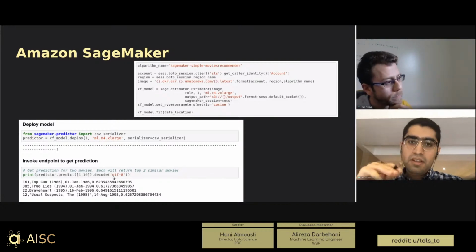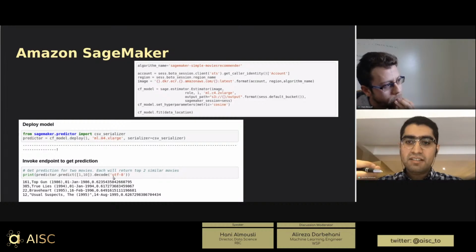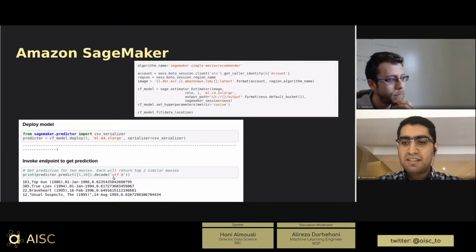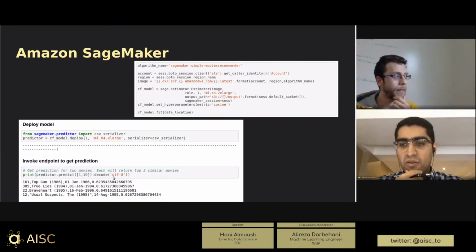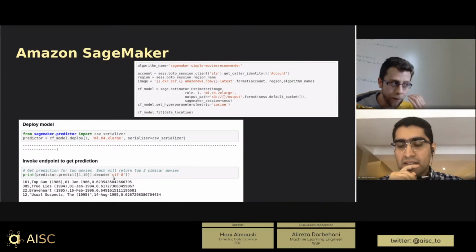So in your presentation, you had to connect to S3 storage in order to access your data. So do you know if there is any option to connect to different data sources? Let's say we have a corporate data space. It's like SQL Server or Postgres, or even MongoDB. You can. There are other options.